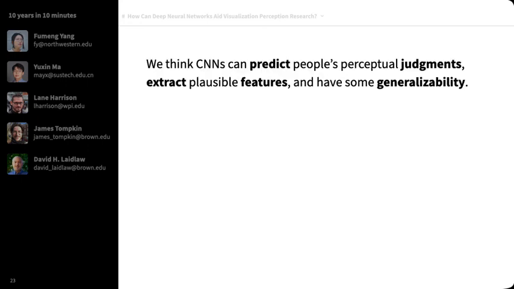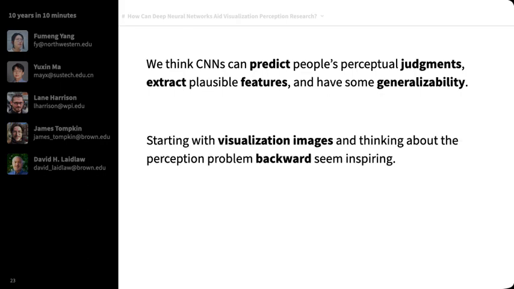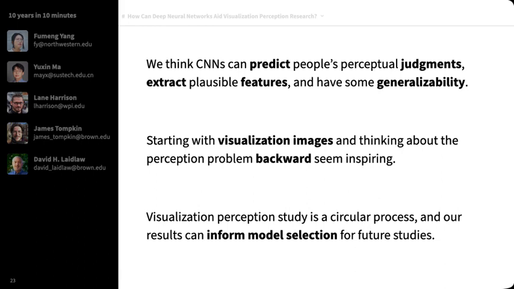To summarize, with our prior knowledge on correlation perception in scatter plots, we think CNNs can predict people's perceptual judgments, extract plausible features, and have some generalizability. We also think that this way of studying with visualization images and thinking about the perception problem backwards seems to be an inspiring way that can introduce new insights. And last, we feel that visualization perception study is a circular process, and our results may inform model selections for